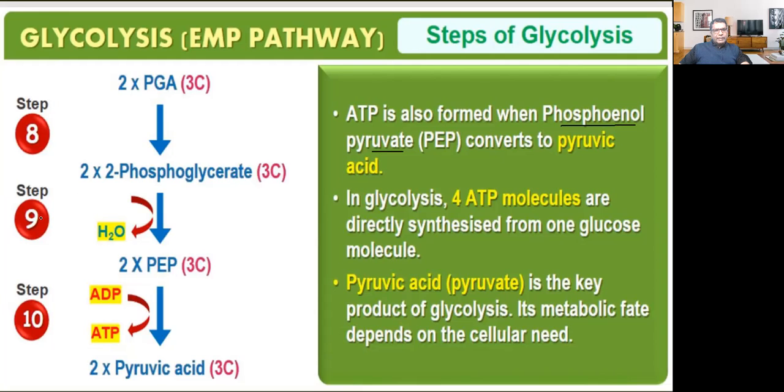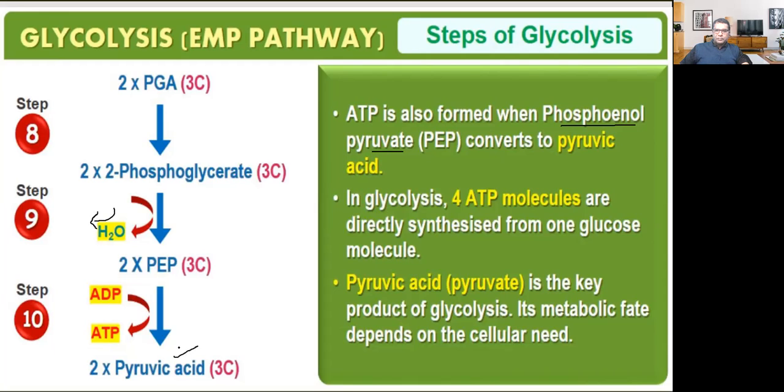One more important thing here in step number 9 is the release of water. When phosphoglycerate is converted into PEP, water is released. Then PEP undergoes dephosphorylation, ADP is converted into ATP, and ultimately 2 molecules of pyruvic acid are produced in